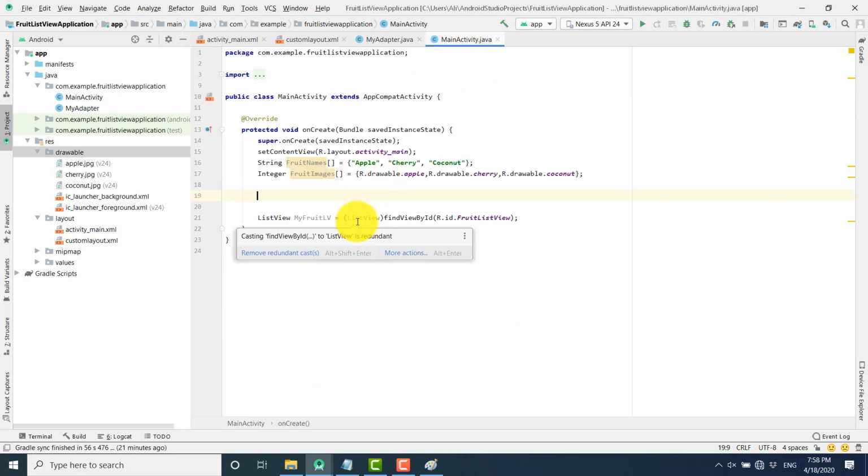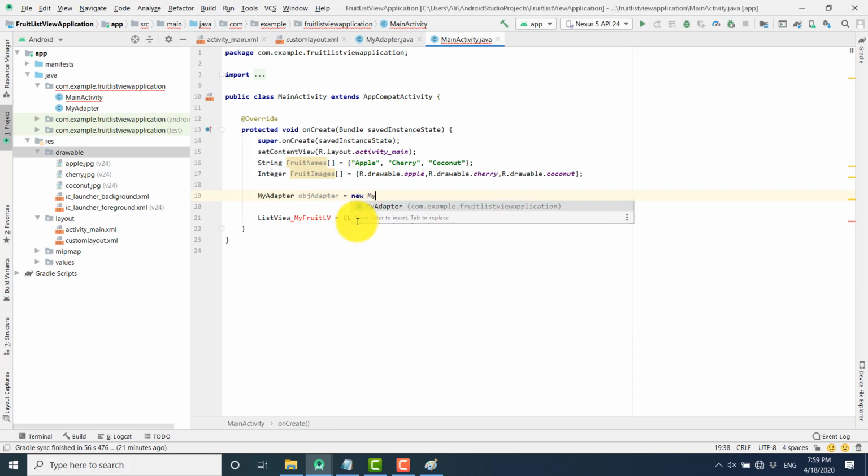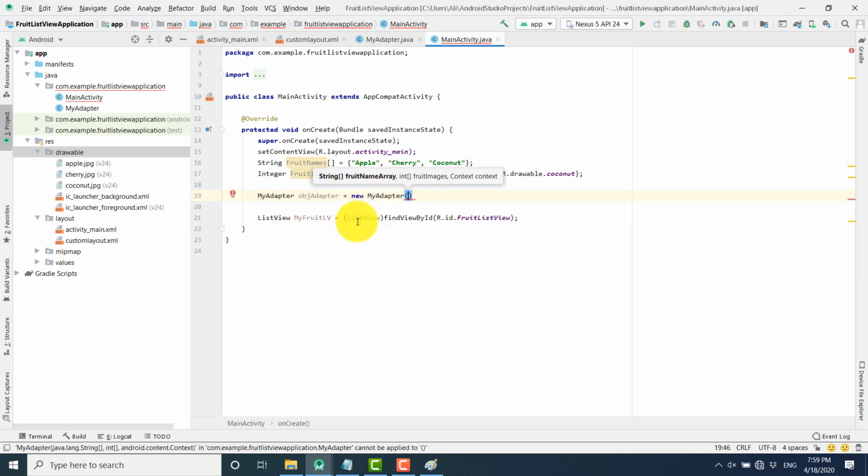So I'm just doing the same here. I'm declaring here my adapter, and then the object, obj adapter, any name you can use, equal to new my adapter, and then pass the values. Look, you have to pass the different values. Number one, the name array, then the images array, and then the context. So I'm passing here the name array. What is the name here? We have the fruit names, then we have fruit images, and then the context I can use here,